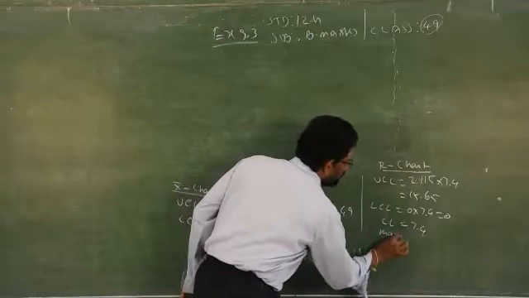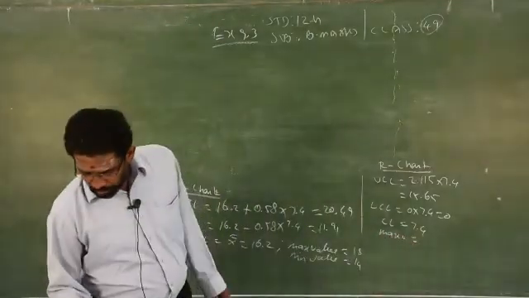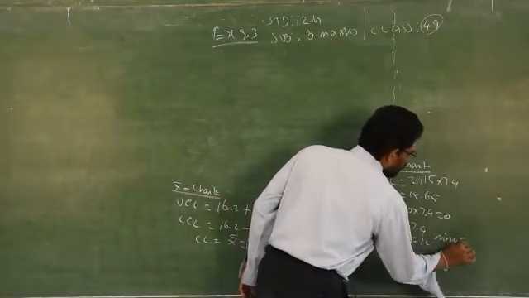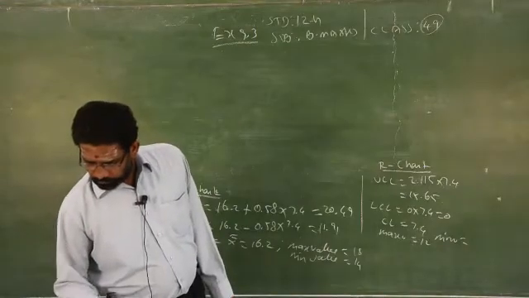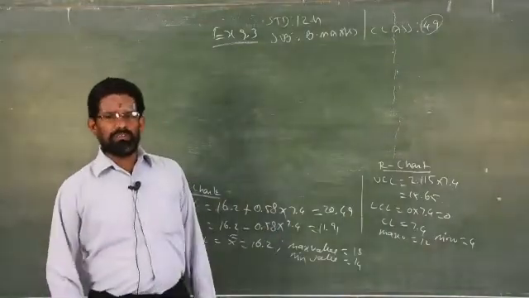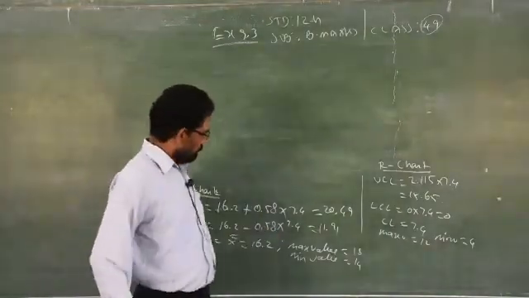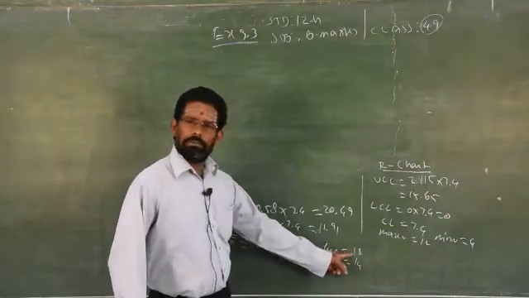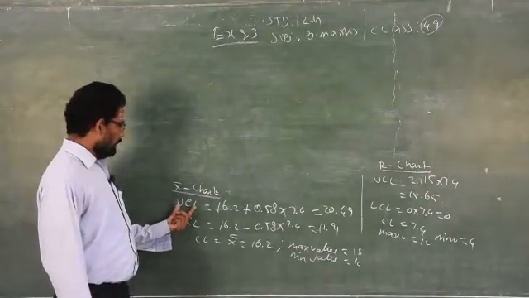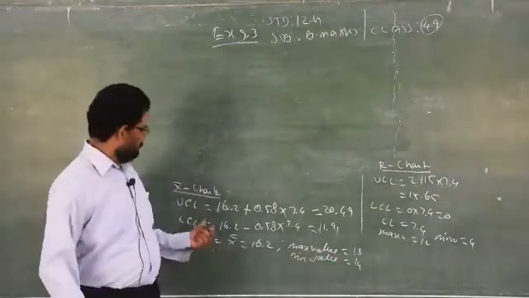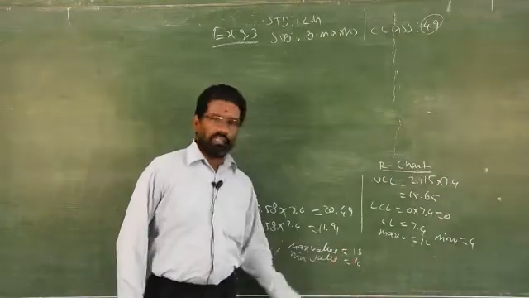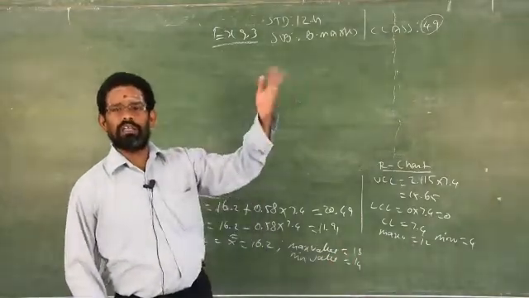Similarly, you have to find the maximum value in R. The maximum value of R is 12, and the minimum value is 4. By seeing these two only, you can come to know the conclusion whether the process is in control or not. What is the maximum value given in X bar? 18. But when you compare, what is the upper limit? You compare the upper limit and the maximum value. Upper limit 20.4. The maximum value in X bar is 18. Therefore, no samples go outside of the upper limit.